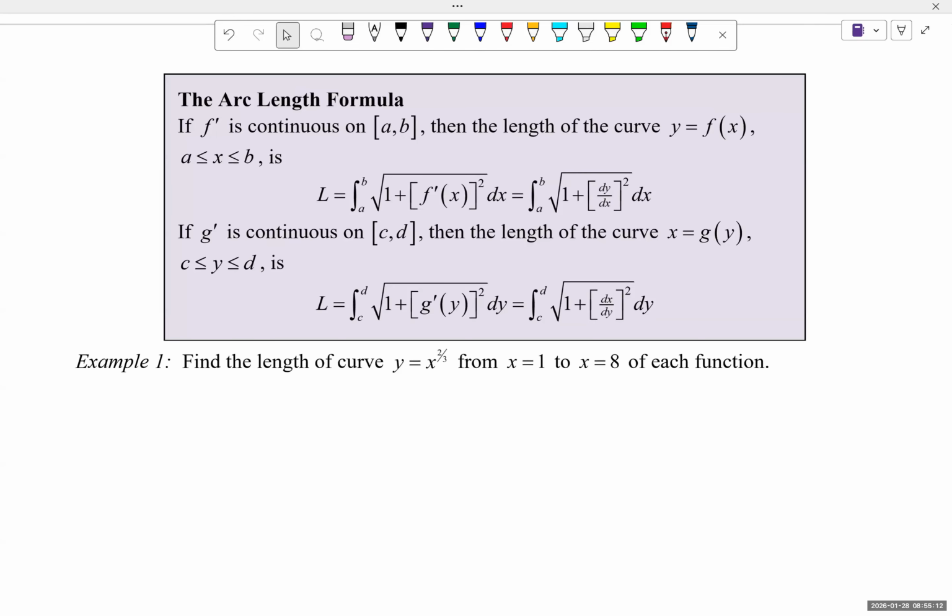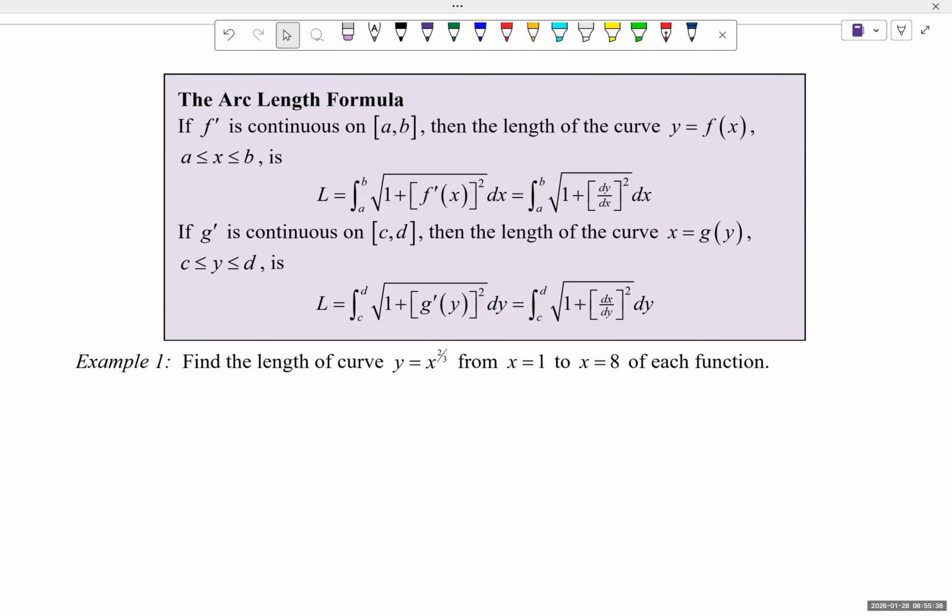You're just gonna take the function, find its derivative, plug it into that formula, and put in the limits of integration. But then you're gonna have this integrand, right? The thing you're taking the integral of is gonna have a square root with a big old mess, and you're gonna have to manipulate it in order to get it to a point where you can actually do the integral. That's the hard part. It's all algebraic with a little bit of calculus at the end. So,